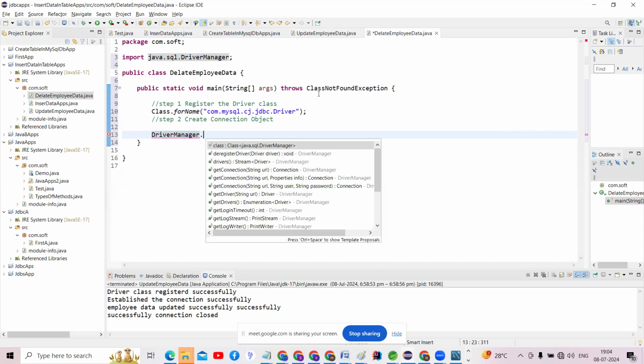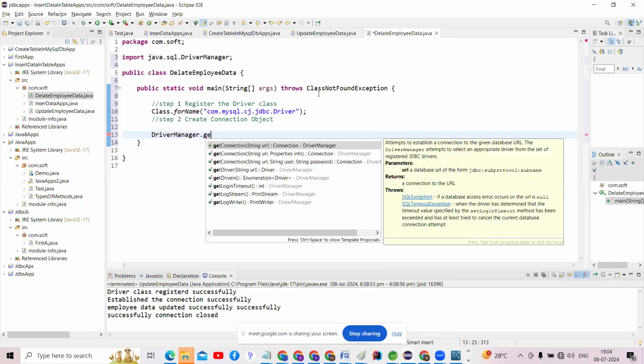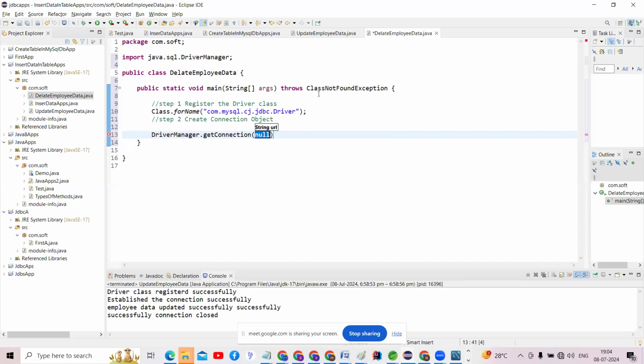DriverManager.getConnection. That's all. What do we have to give in that? Tell me what the URL is. jdbc:mysql: